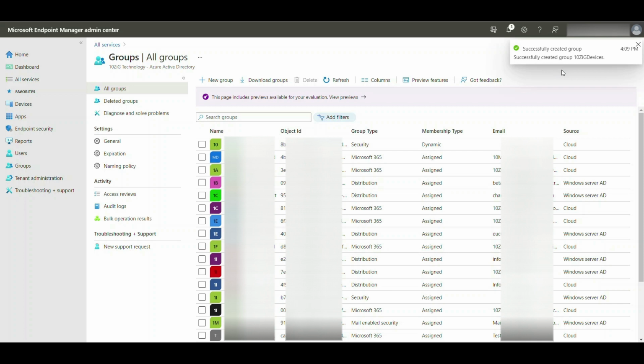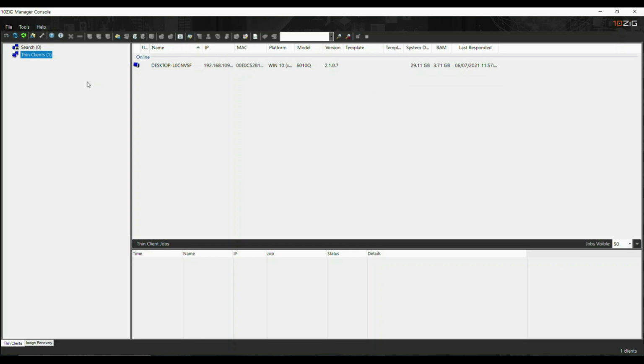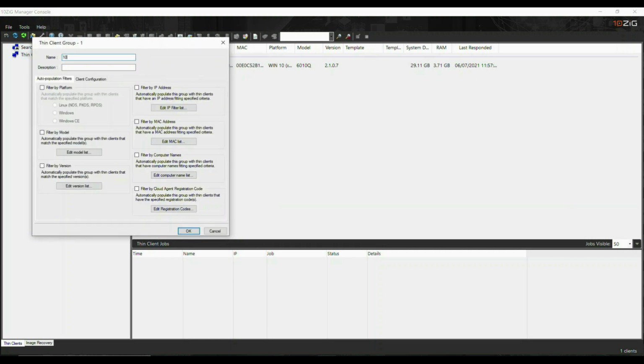Before we move on, we'd like to point out that the complementary Enterprise Tenzig Manager also has the capability to create bespoke custom groups for our devices. Inside Tenzig Manager, if you right-click on the Thin Clients group and select New and Group, you can create a subgroup called Tenzig Devices. Give it a meaningful name,